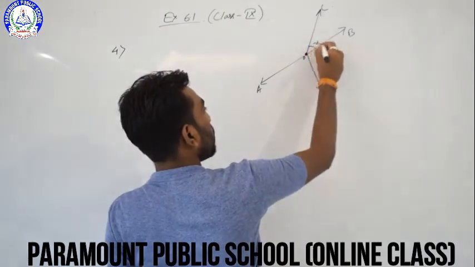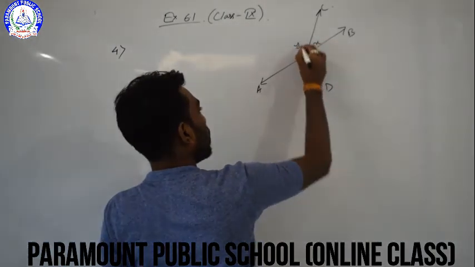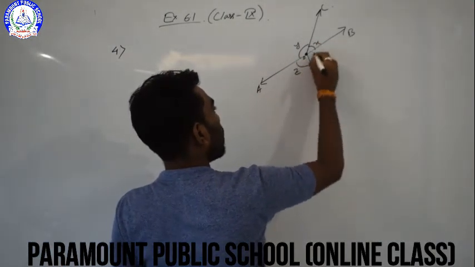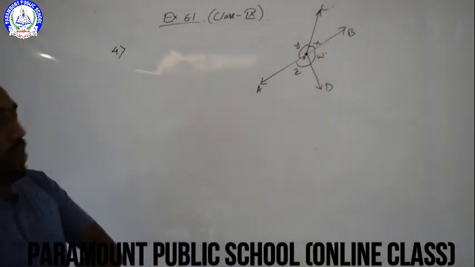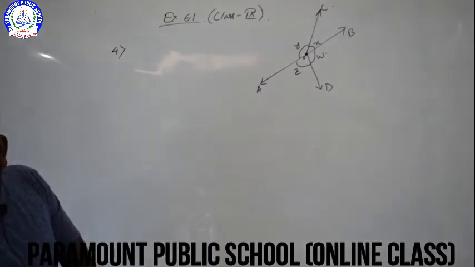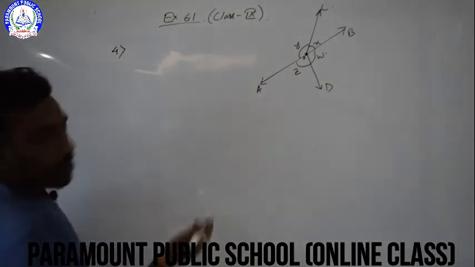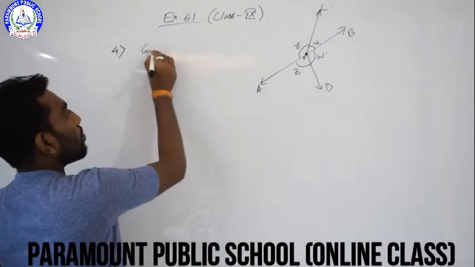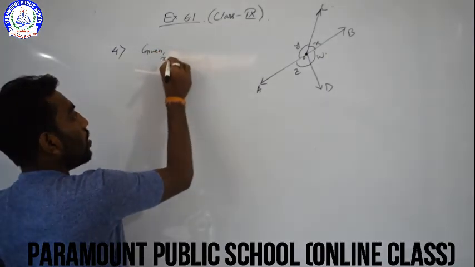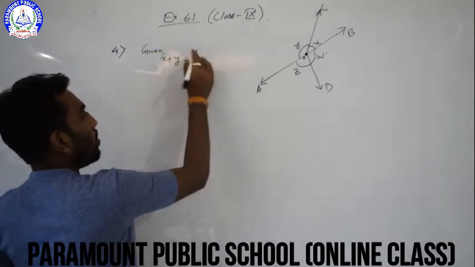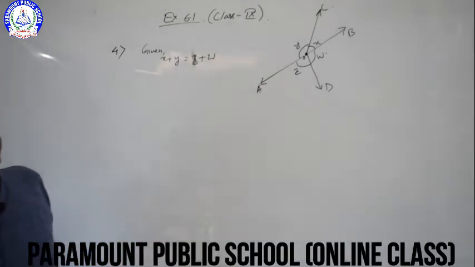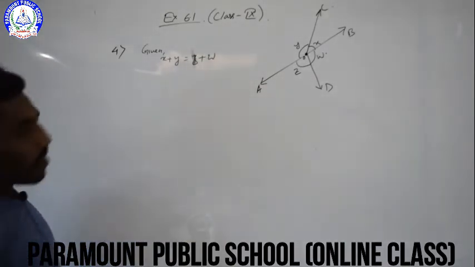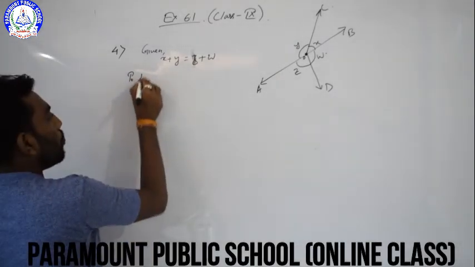This angle is x, this is y, this is z, and this is w. They have given this figure. Now they are telling that they have given x plus y is equal to z plus w. This is given in the question, and they are telling us to prove